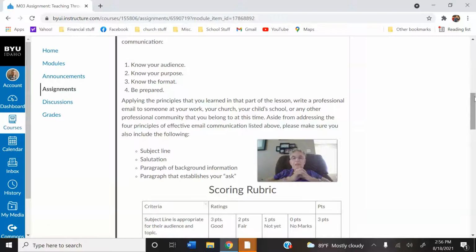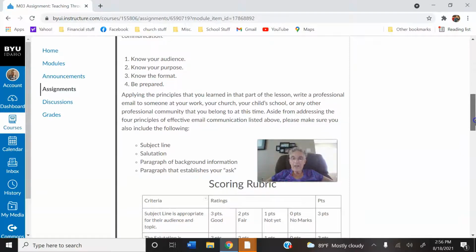But first off, let me tell you, you did a good job. And you have a good overall idea of the assignment. And we just need to work on a few things so that it fits more of a professional kind of idea. But you did a good job. You followed some of these ideas just extremely well. You knew your purpose really well. And you did some of the different information just great. So let's go over how we're going to make it a little bit better.